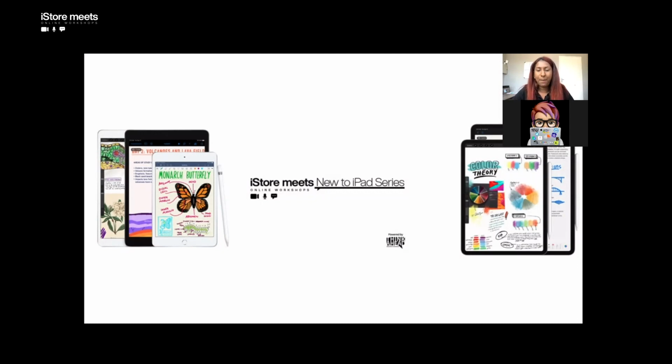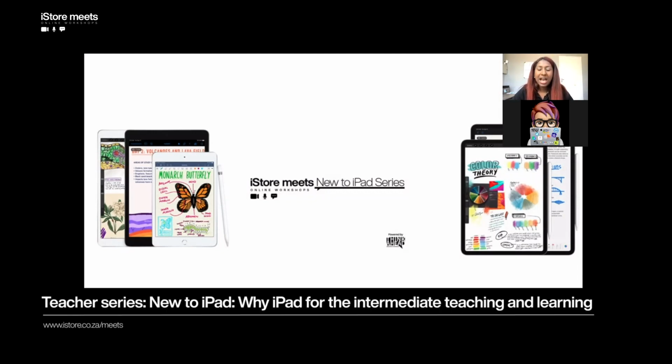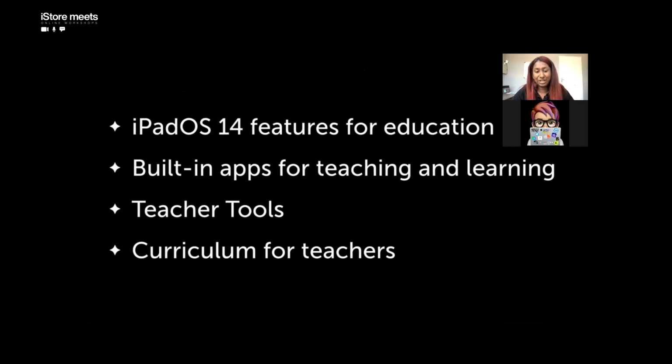We're going to look at some of the tools and some of the things that make the iPad really, really user-friendly in the classroom and just make it a nice tool for you to teach and to learn with. We know that great teachers and powerful technology are an incredible combination. And together they can ignite the imaginations of students, allowing them to do absolutely amazing things that they never dreamed were even possible. We have seen how students are more engaged and enjoy learning when they're learning with the